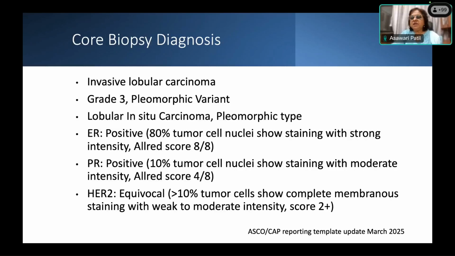Without markers, can this be called mixed carcinoma? I think you want to answer that, Ayushi. No, I would not recommend calling mixed carcinoma only on H&E. Mixed carcinomas are actually very rare. Lobular and ductal being present together forms a very small percentage, less than 1% of lobular carcinomas. So if you are looking at something that looks lobular, you also have to keep in mind the biomarker concordance: if it is hormone positive, looks lobular, and you have LCIS accompanying the invasive component,